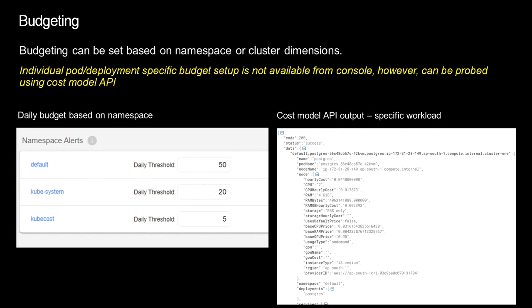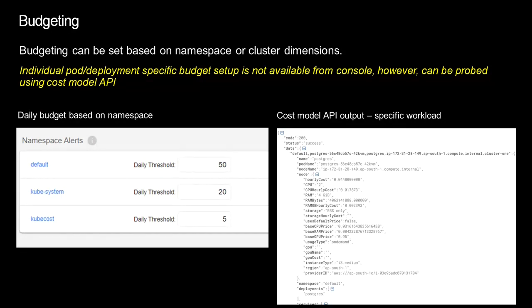Now, one thing to keep in mind is that it provides budgets on the namespace level. Let's say you have a namespace called custom namespace or the default namespace, and you are running multiple workloads there. It doesn't say how much budget is provided for a particular deployment.